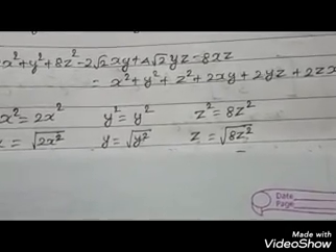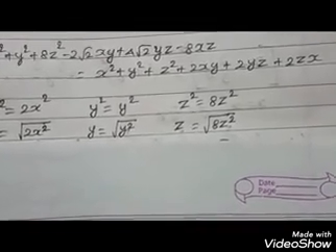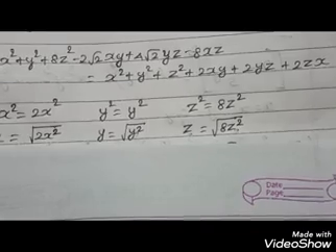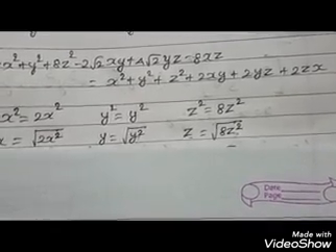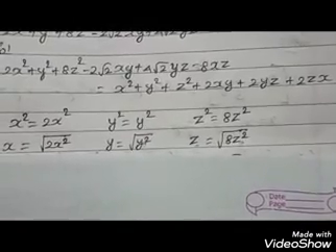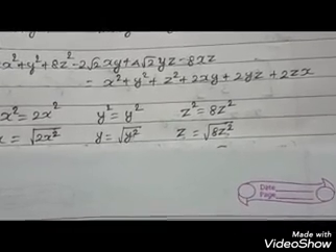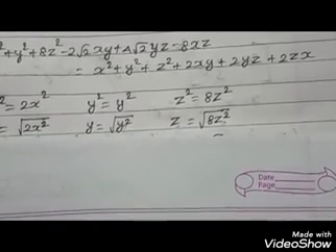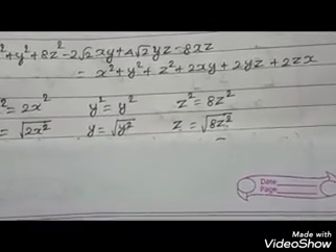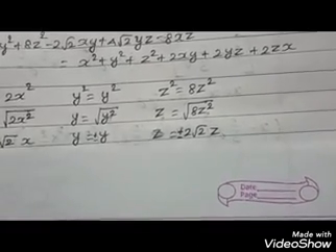2 is not a squaring number, so we can't take the square root for that. So 2 can be written as root 2 only. But x square, in the sense x into x, you take only 1 out. So the value of x is root 2x. The same way, y square can be written as y into y. Already I told you that by using square root you take 1 out of 2. So y square is y into y, so we have to take only 1.